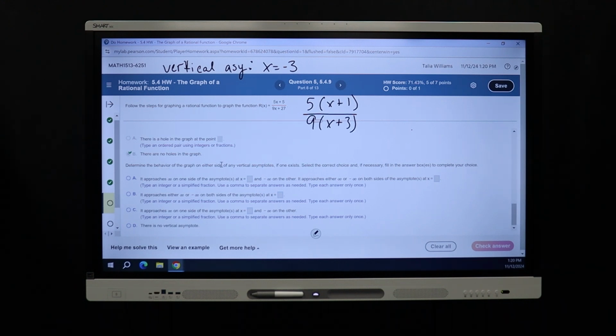Determine the behavior of the graph on either side of any of the vertical asymptotes. So our vertical asymptote is x equals -3. That one would be right here. So what is our exponent here? None, so it is 1. So that's odd, and at odd it crosses, so they're going to approach infinity on one side and -infinity on